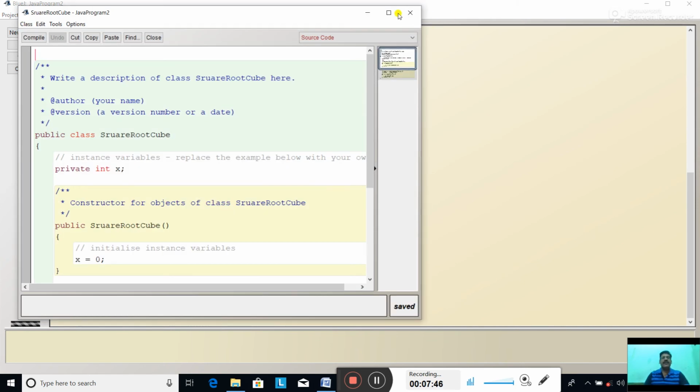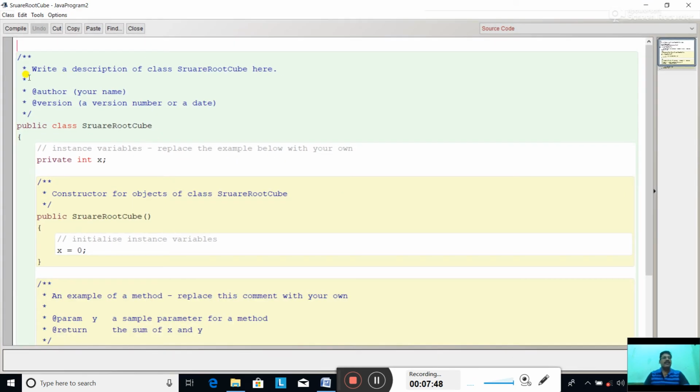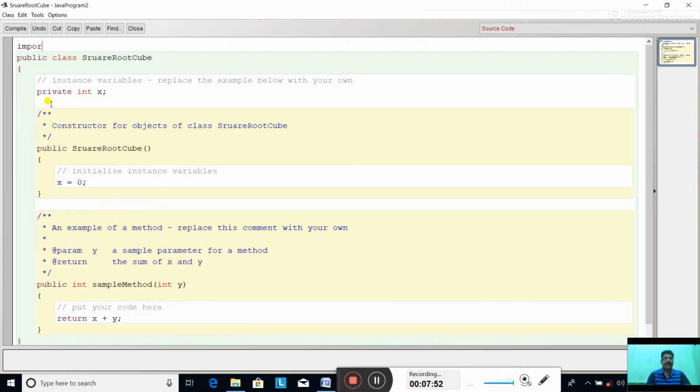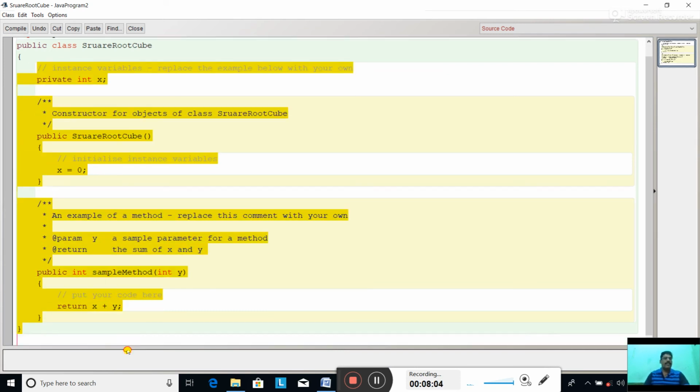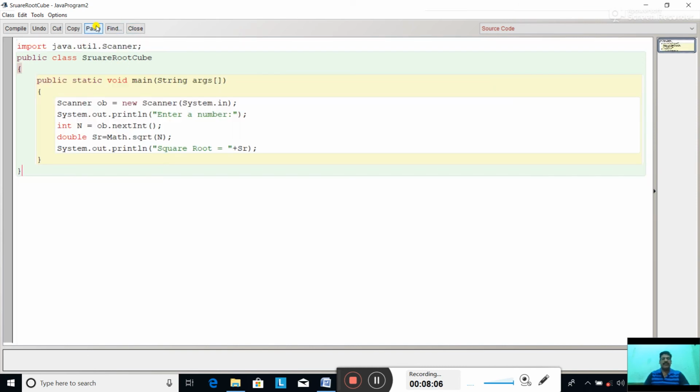Now the next line will be the import line, the util package: import java.util.Scanner. Alright. Now we have to input a number. Let's just paste it. So the enter number line is already there.